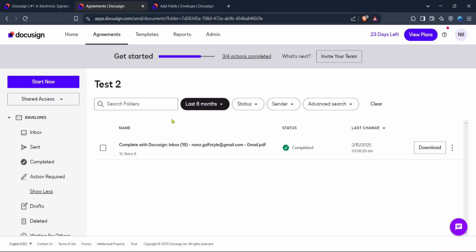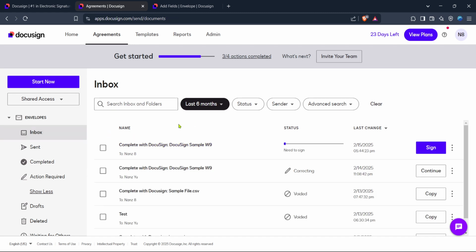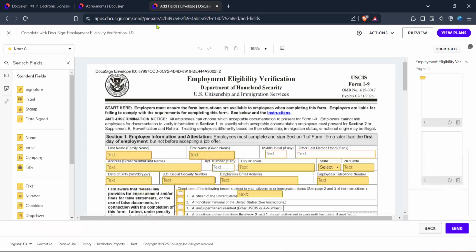Once you're in the agreements area, you'll want to input any necessary details specific to the document you're setting up. This could include information pertinent to the agreement such as names, dates, and any specific instructions that need to be included. After you've inputted the necessary information, you'll see a button labeled Next. Go ahead and click on it to proceed further into the document setup process. This will bring you to the stage where you'll actually be tagging the fields.